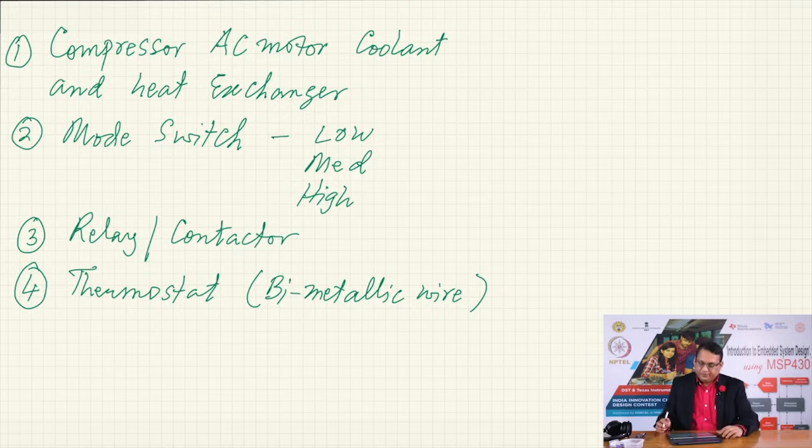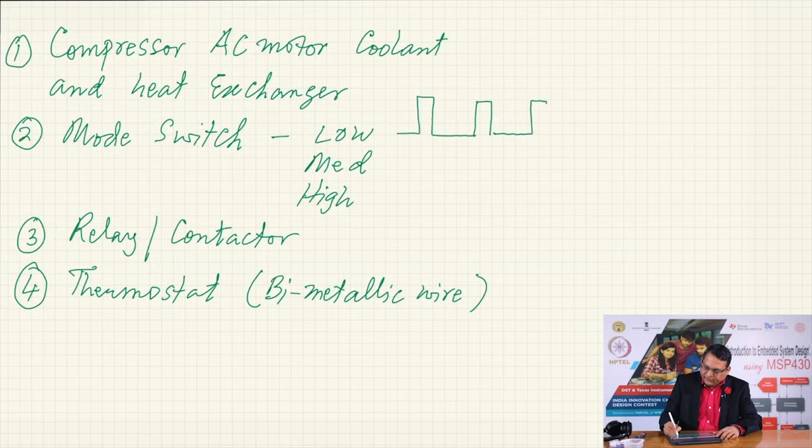In low cooling, the compressor would be on for a small period of time and it would turn off, and then after some time it would turn on again, and then it would turn off, on and so on. Now, of course, if the thermostat indicated that the temperature that the user desired has been reached, it would turn the compressor on earlier. In the medium mode, it would turn the compressor on for a longer duration of time